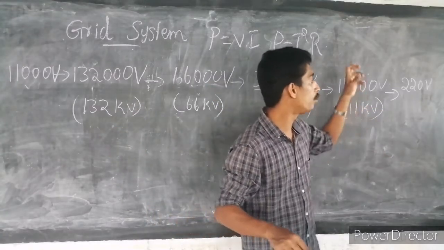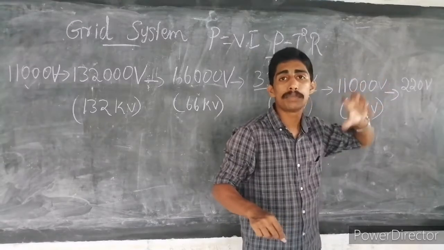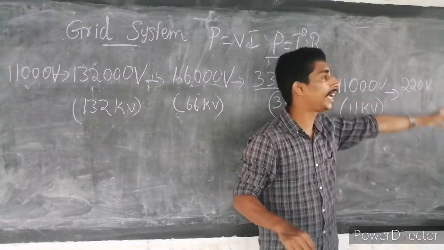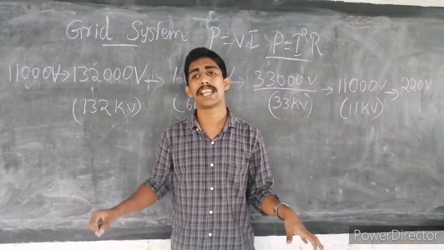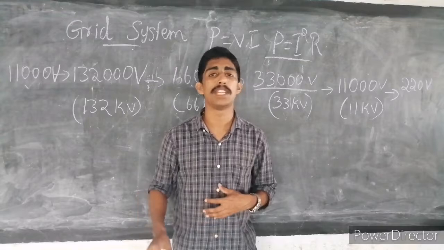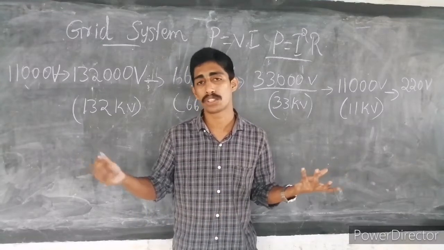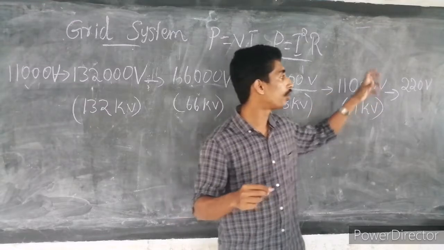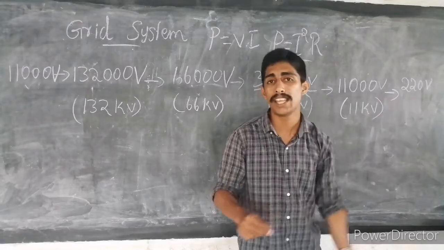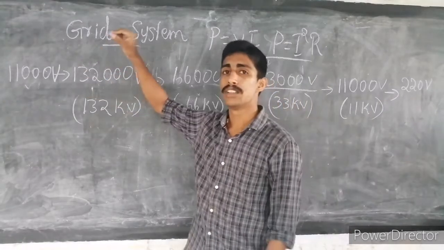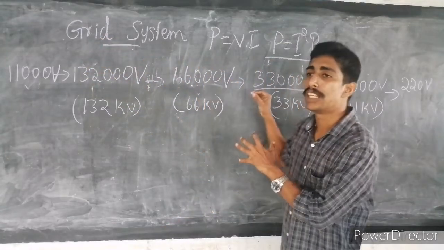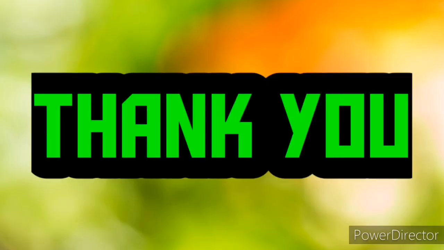That transformer is also a step down transformer. It will reduce the potential difference to 220 volt. All our electrical appliances are designed to work at 220 volt. If it is very high, a big explosion will take place, so we have to reduce the potential difference to 220 volt. So first we use the step up transformer to make it 132 kV, then we use step down transformers in all other steps.